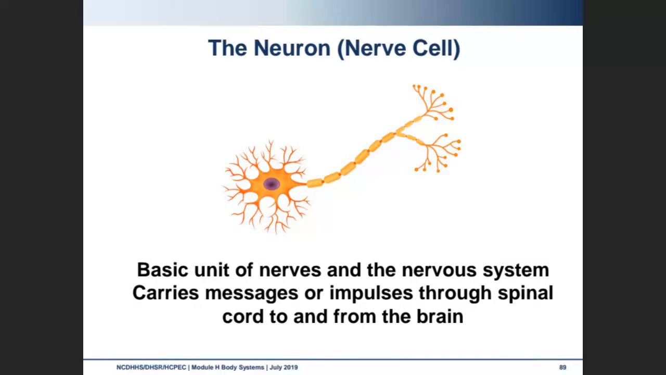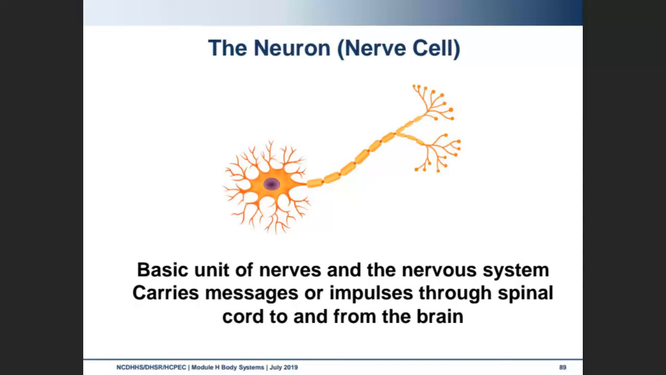The neuron, or the nerve cell, is the basic unit of our nervous system. These neurons, or nerve cells, carry messages or impulses through our spinal cord to and from our brain. They're fragile and they take a long time to heal if injured. Some of these are covered and insulated with a protective fiber called the myelin sheath that allows for speed of